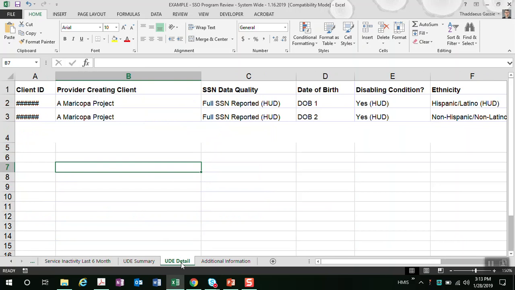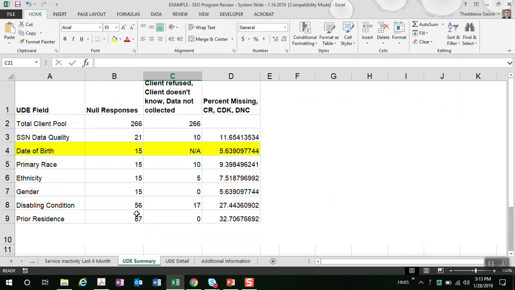The reason why we included these in this report is so you don't have to also run the 0252, the data quality report, to check on these UDE fields. In our example, I left the numbers for the UDE summary just to explain that the anonymous project here had 266 total clients,